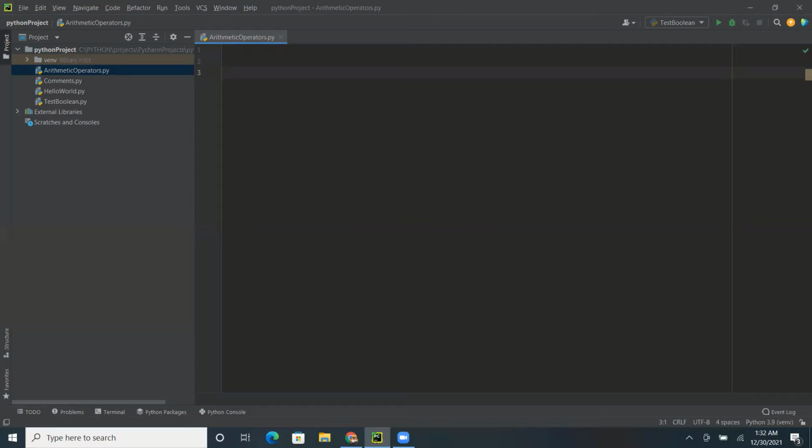So the first thing we'll be learning about is the operator called addition. Using this operator, we can add two numbers in Python. So let's see how we can do that.